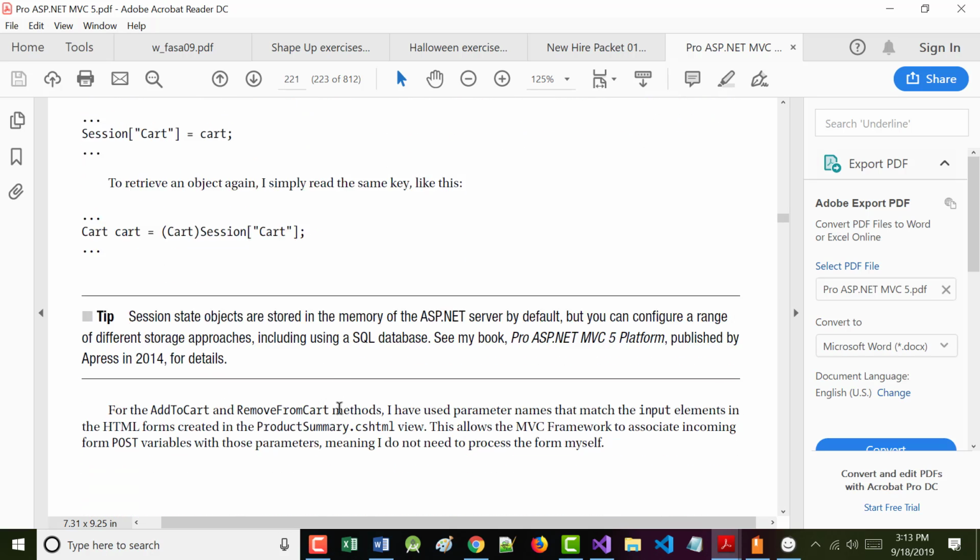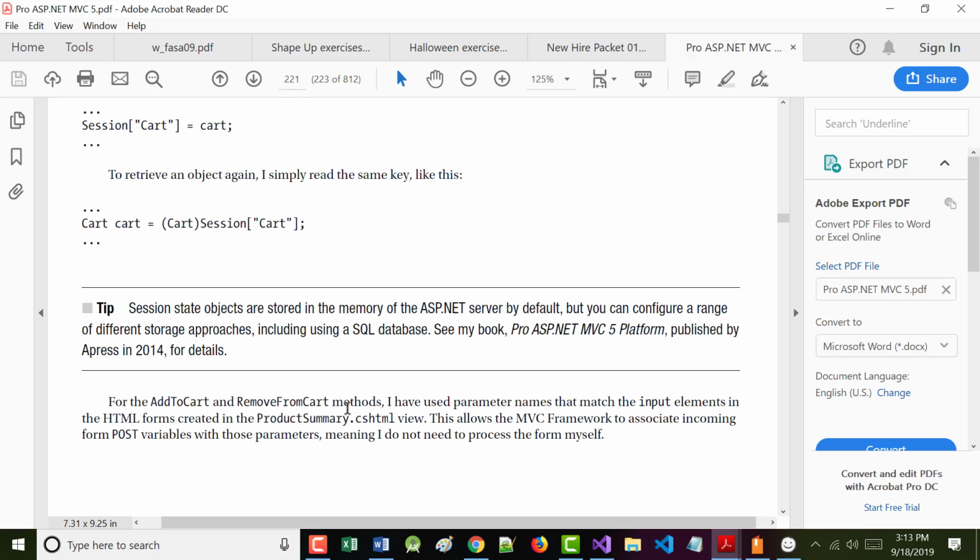So the author explains this, then says on the bottom of 221 in their tip, session objects are stored in memory by default, but you can configure a range of different storage options. Why is that important? Look at what one of them is. You can tell it to store it in a database.